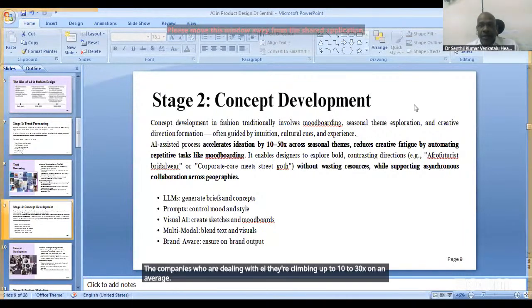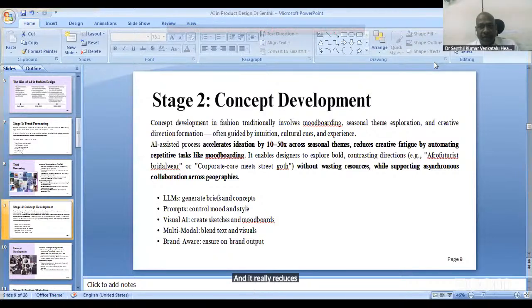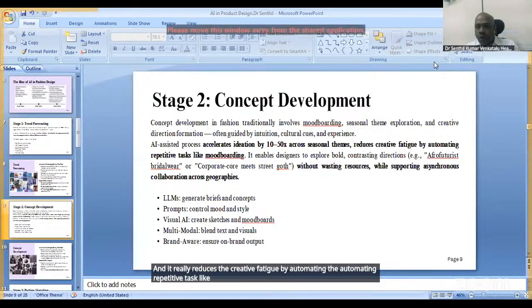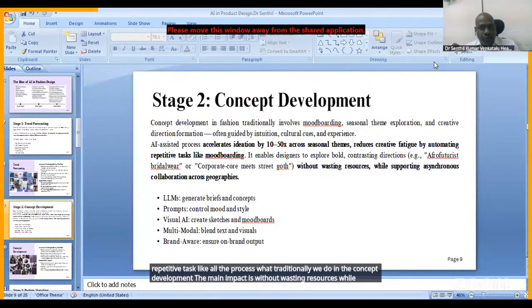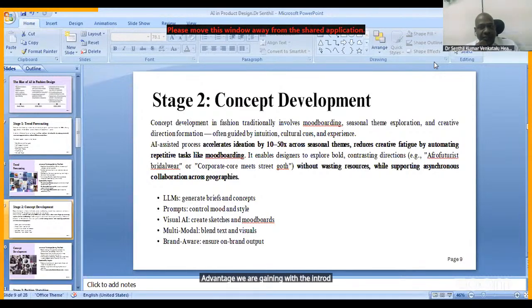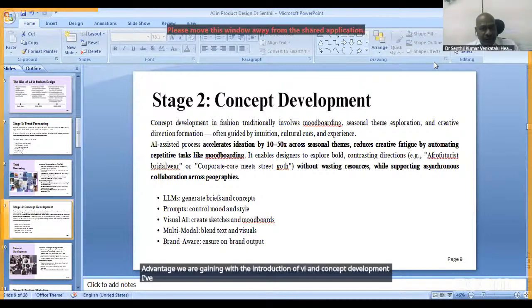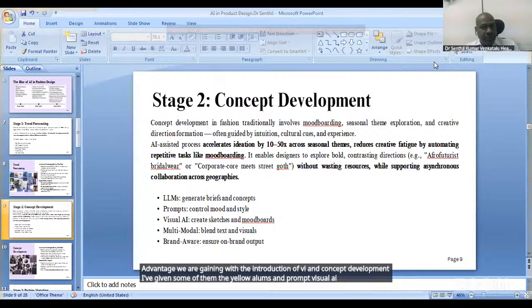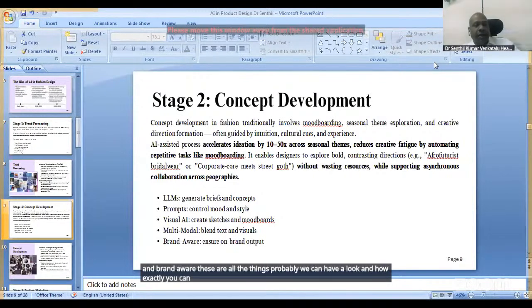And it reduces the creative fatigue by automating repetitive tasks, like all the processes we traditionally do in concept development. The main impact is without wasting resources while supporting asynchronous collaboration across the geographies. That's the main advantage we are gaining with the introduction of AI in concept development. I've given some of them: the LLMs and prompt, visual AI, and multimodal and brand aware. These are all the things we can have a look at, and how exactly you can get the concept development